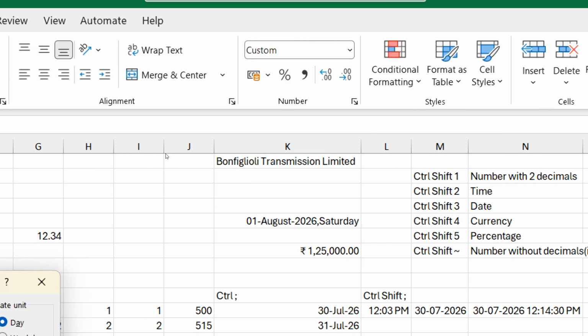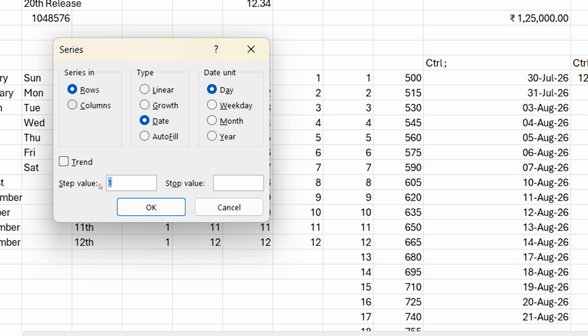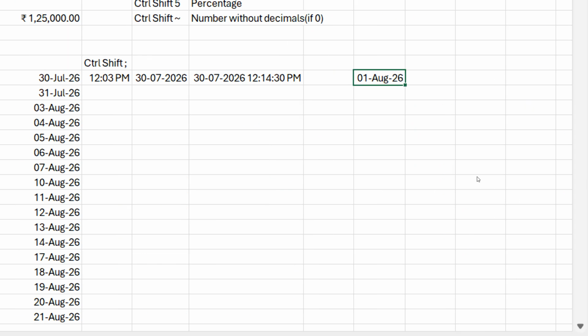Tell me what has to be selected here: day, weekday, month, year. Can I select day or weekday or month or year? Month, because after August I need September. Month. Step value is 1, because after August I need September. Stop value